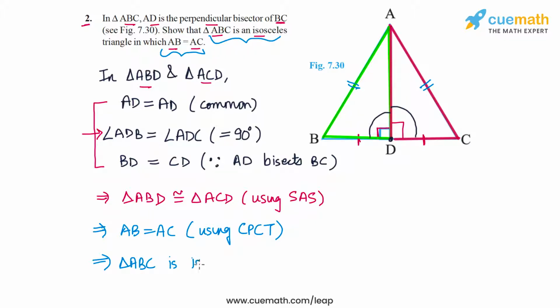Okay, so that completes our proof. All we did was compared triangles ABD and ACD and proved that the two triangles are congruent using the SAS